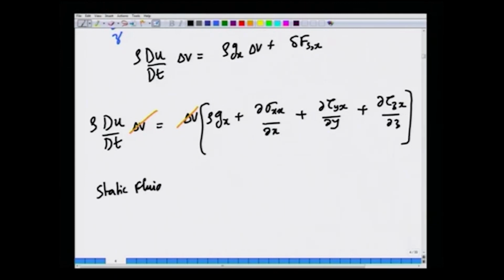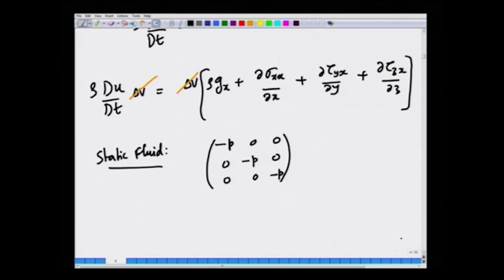the only force that is acting are the normal pressures. So, the stress tensor becomes this, and this pressure acts inward. So, you will have a minus P. Okay. In a static fluid, the stress tensor is just this. In a flowing fluid,